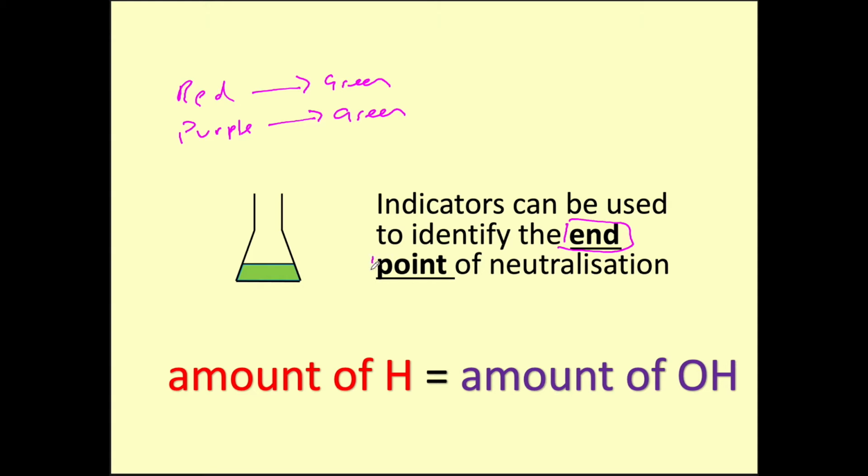So this end point is the point at which the amount of hydrogen particles are equal to the amount of OH particles, because this allows us to make the water molecules H2O, because we need one H for every OH in order to make the H2O molecule. So at the end point, we have equal amounts of H and OH. We don't have an excess or too much of either one of those, because then that solution would be either